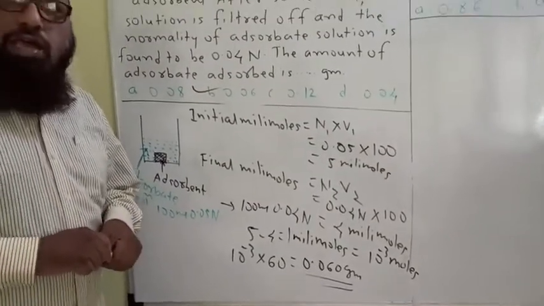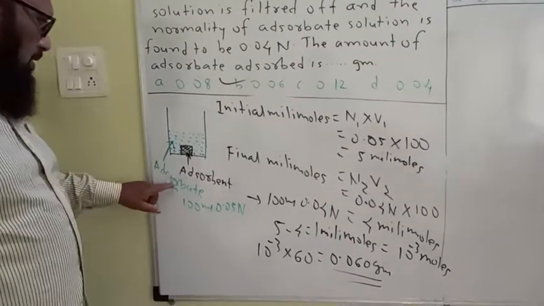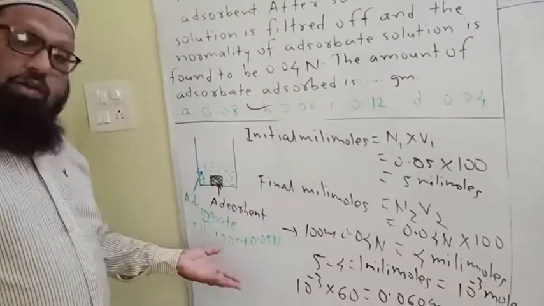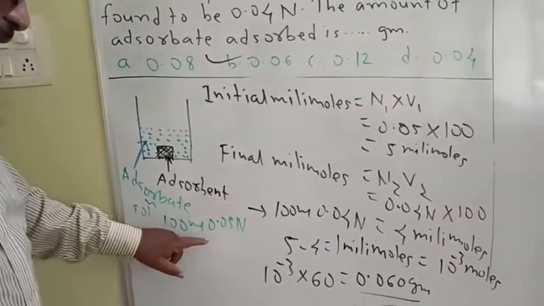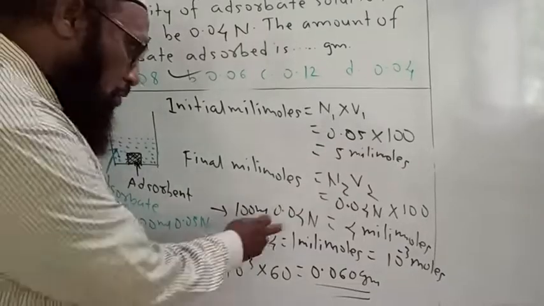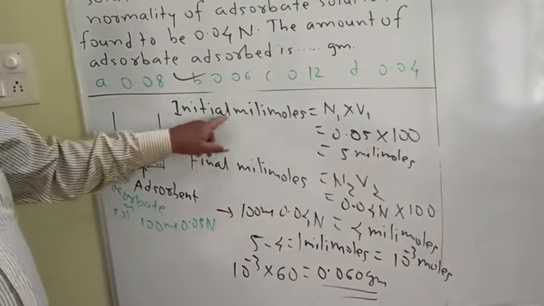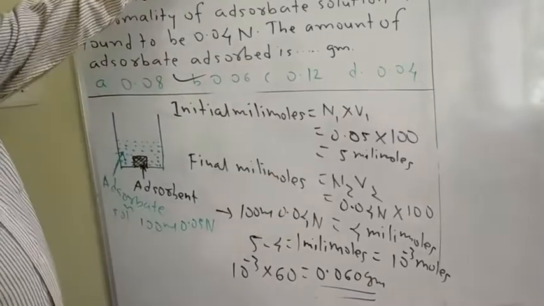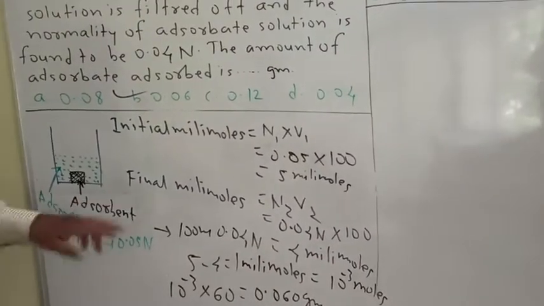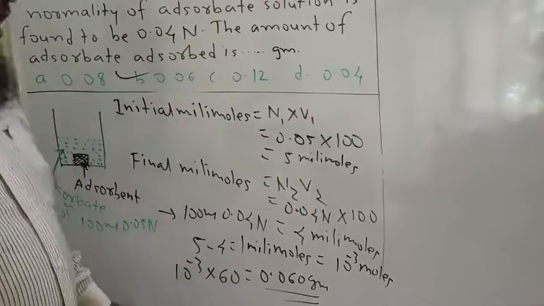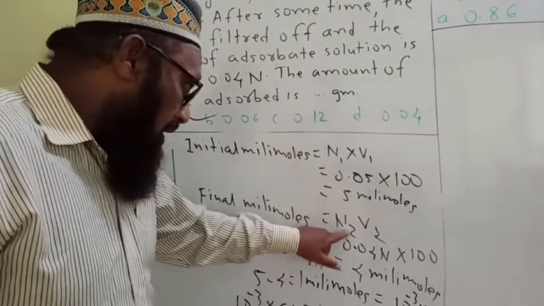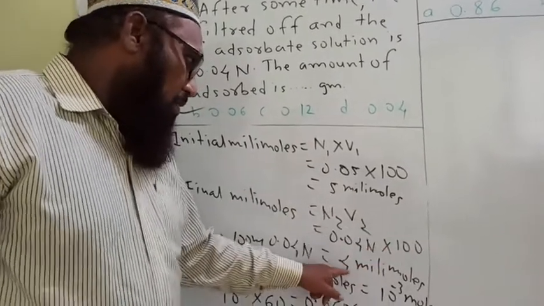इसमें क्या करना है स्टूडेंट? देखिए ये एडसॉर्बेट सॉल्यूशन है, एडसॉर्बेंट उसमें प्लेस किया है, एडसॉर्बेंट ने कुछ क्वांटिटी एडसॉर्बेट की एडसॉर्ब कर ली है। इनिशियल कॉन्सेंट्रेशन है 100 ml 0.05 नॉर्मल, एडसॉर्प्शन के बाद हमको मिलता है 100 ml 0.04 नॉर्मल। पहले हमें निकालना है इनिशियल मिलीमोल्स N1V1, इनिशियल नॉर्मेलिटी 0.05, वॉल्यूम 100, 5 मिलीमोल इनिशियल आ गया। फाइनल मिलीमोल्स है N2V2। इधर वॉल्यूम में असर नहीं होगा, क्योंकि सॉल्यूशन बहुत डाइल्यूट है। तो नॉर्मेलिटी फाइनल 0.04, वॉल्यूम 100, 4 मिलीमोल्स।